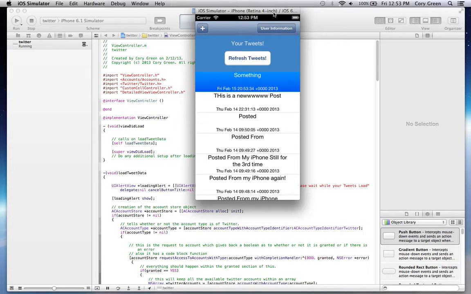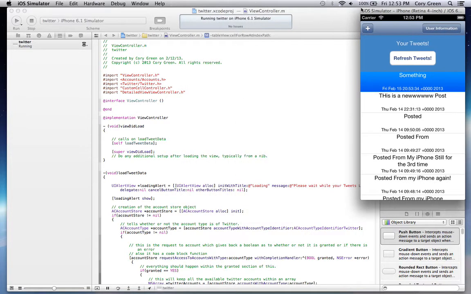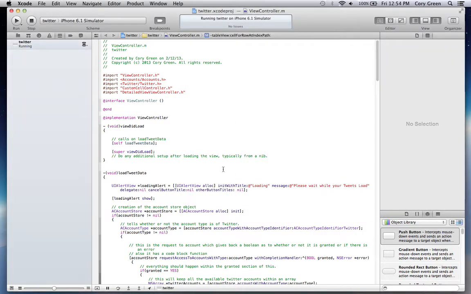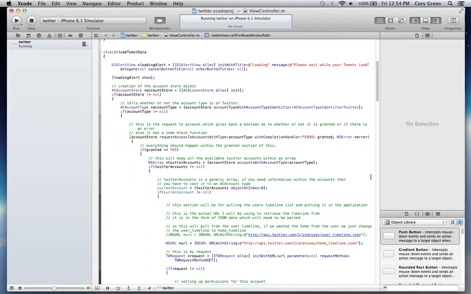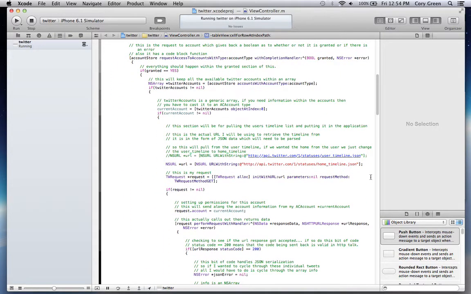So there you have it. There's my application. Let me talk about the code a little bit. The code went pretty straightforward. I didn't have too much trouble with it. I was actually having trouble though with